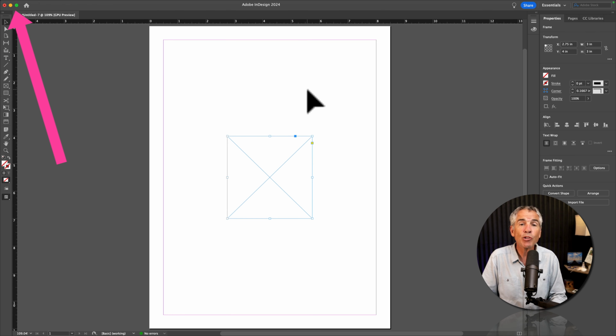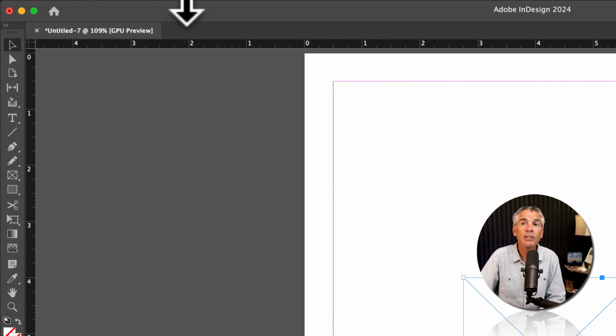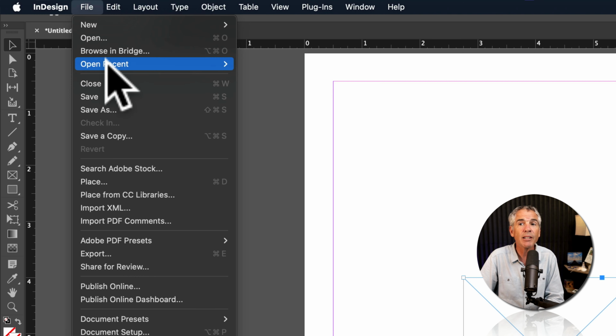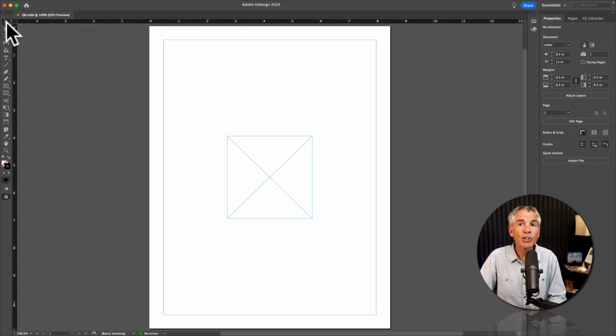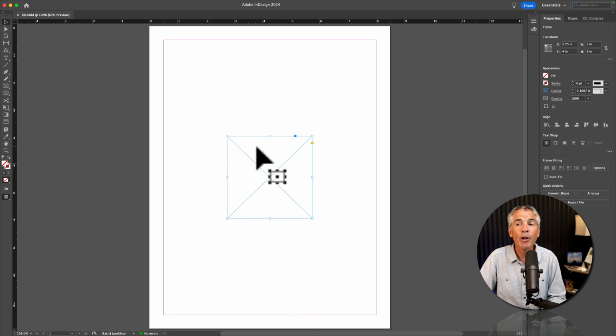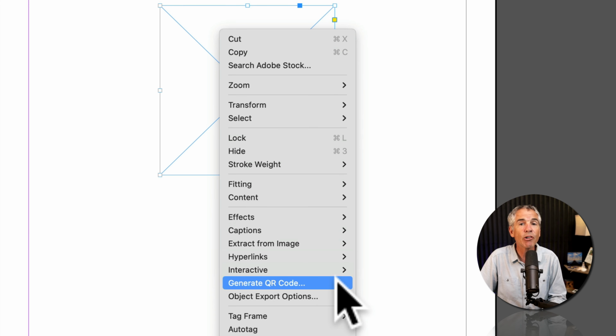And before you get too far into designing your QR code, it's a good idea to save your InDesign file. So go to the top menu, click on File, Save, enter a name, let's call this QR, choose where you want to save it, then just click Save. Make sure you have the selection tool selected, drag a selection over your frame, right click, and choose Generate QR